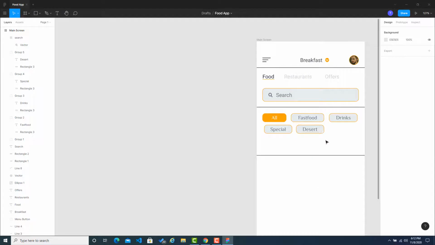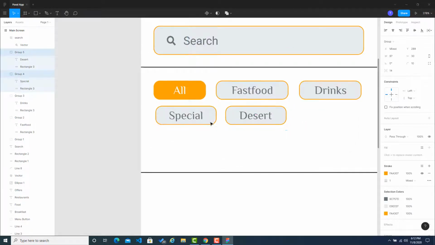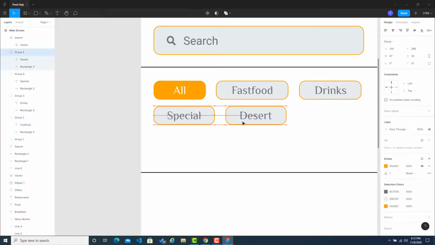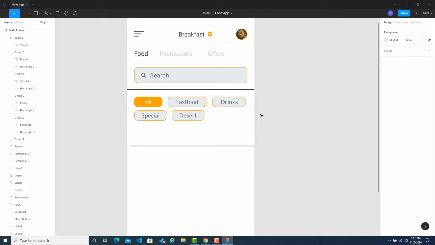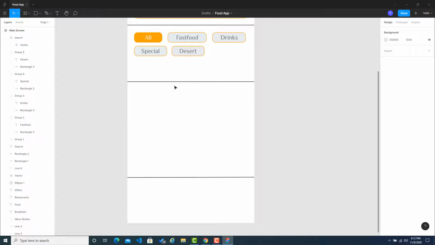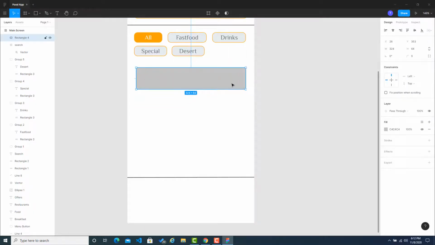So what I'm gonna do, I'm gonna select these two and I'm gonna make sure that everything is kind of set. Okay, so the next thing that I want to do, I want to add a couple of things over here. So I'm gonna delete this one and let's grab a couple of rectangles. So it will start from here and will here,